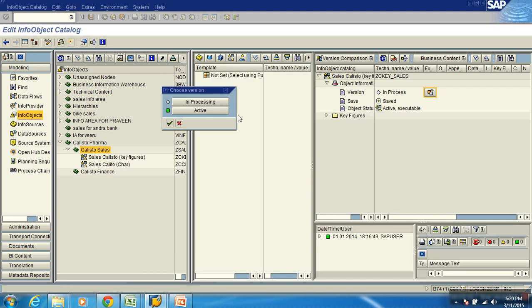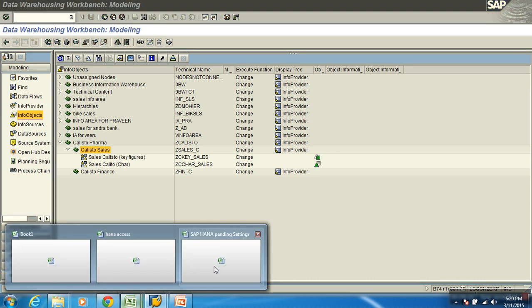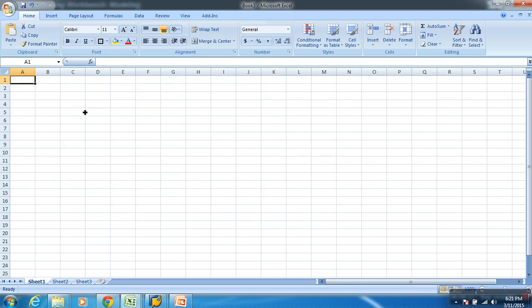This is about creating catalogs. Now once the catalogs are ready, can I start? This symbol tells you this is representing the catalog for key figure, this is representing characteristics. Once the catalogs are ready, we can start creating info objects. Now I'm concentrating on creating characteristic info objects. I want a characteristic about customer, which can hold values like C100 or C200 or C300.